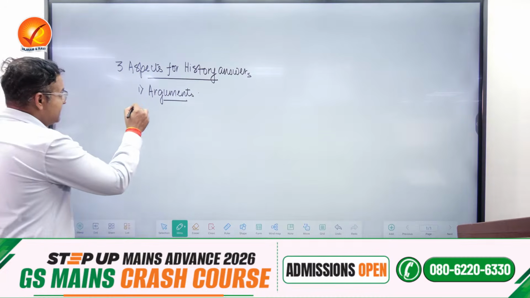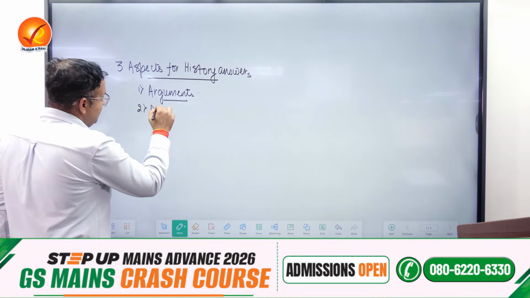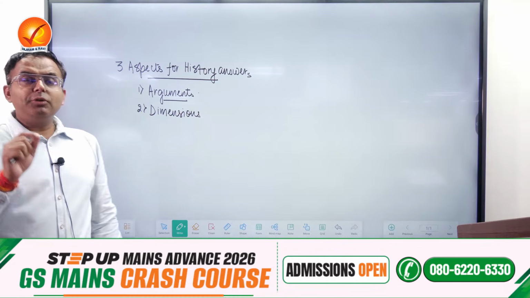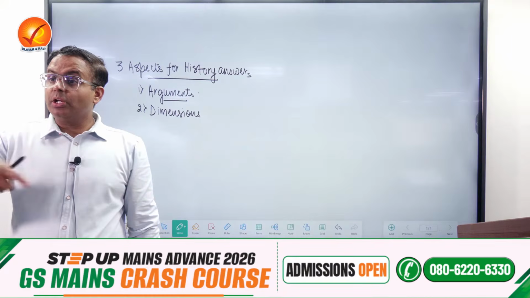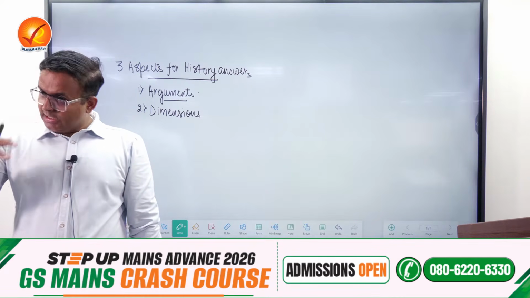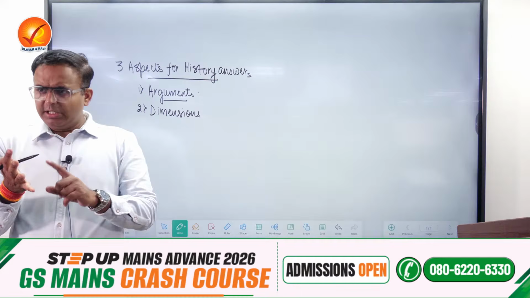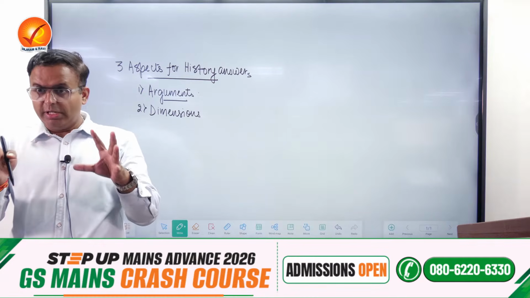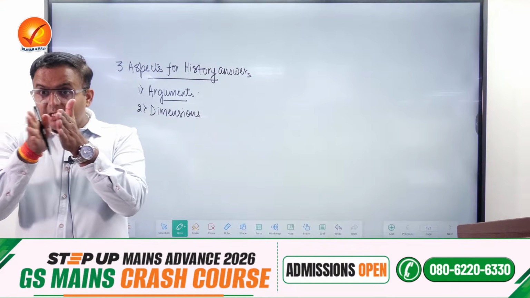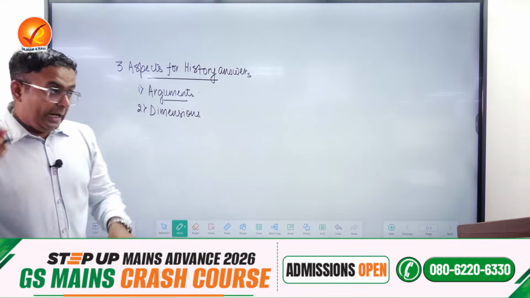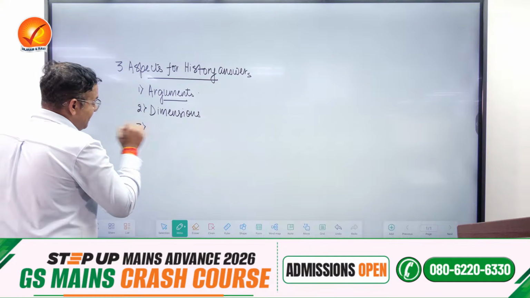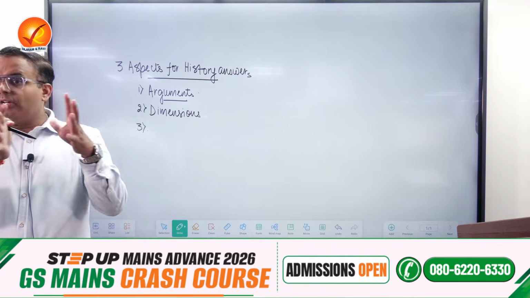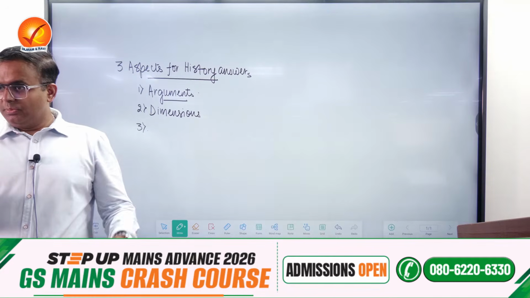The second thing is dimensions. Because in your GS paper 1, you will be awarded for writing and for generating more and more dimensions. It can be psychological, political, economic, administrative, cultural. In modern India, wherever it is required and possible, try to write along multiple dimensions. Agreed? And the third thing, which is going to make your answer more enriched and slightly different from the others, is